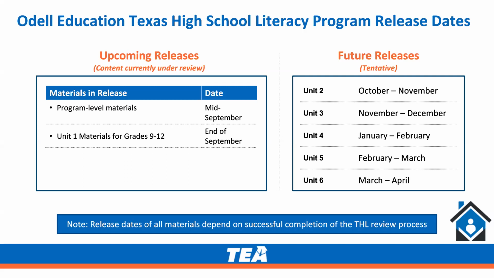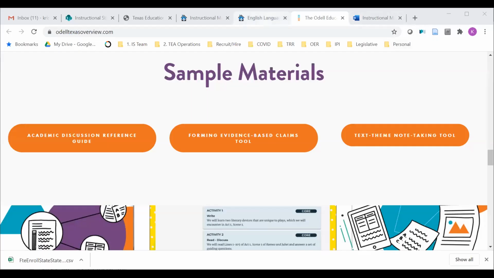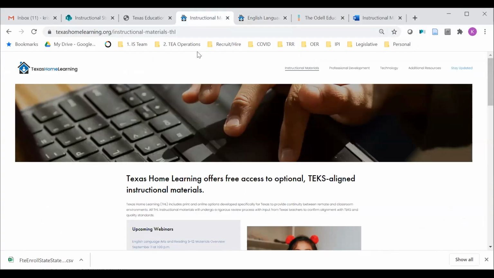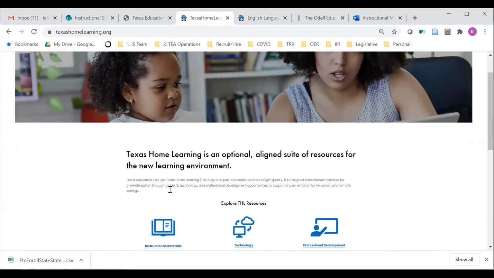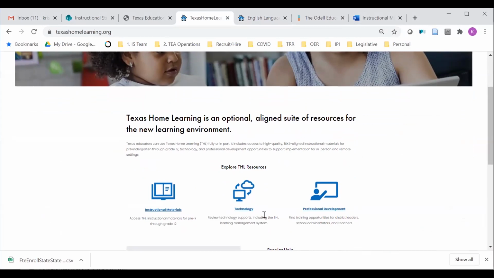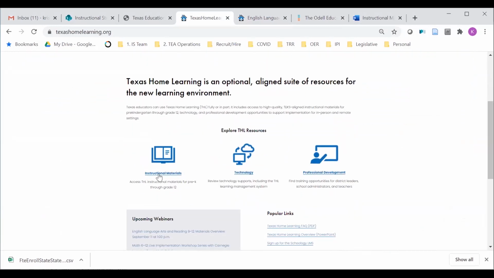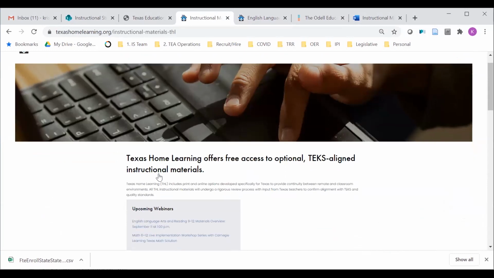Jen, if you could, I'm going to share my screen really quick. I'm going to go ahead and show folks how to access the Texas Home Learning site and how to access the materials on that site. Let's go to texasHomeLearning.org. When you go to the homepage, you will see the 3 main buckets of resources that we provide with Texas Home Learning. If you click on instructional materials, that will take you to a page where you can see all of the upcoming webinars